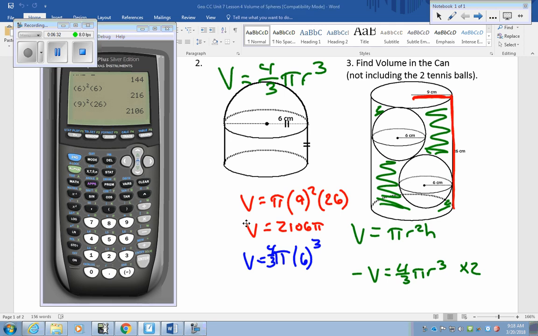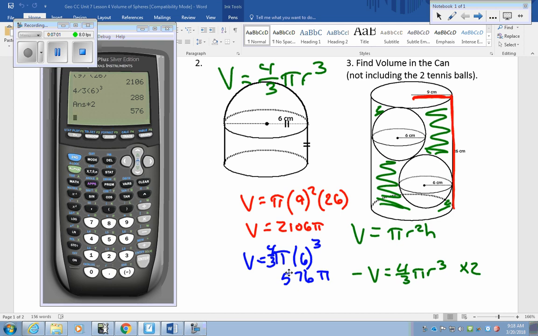So I'll type in my 4/3, 4 divided by 3, then I have 6 to the third power, which is 288. And now again, because I have two of those spheres in that, I'm going to multiply this by 2. So for the two balls, the two tennis balls or whatever they are in the can, we have 576